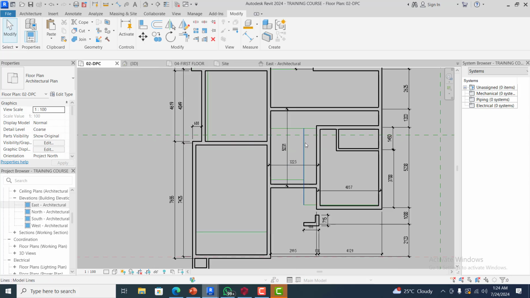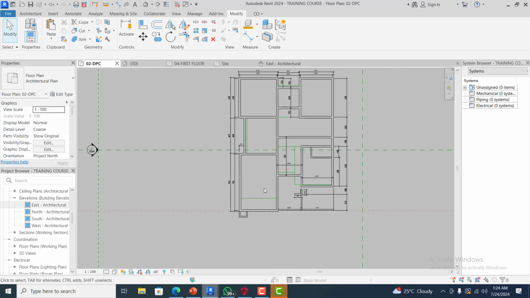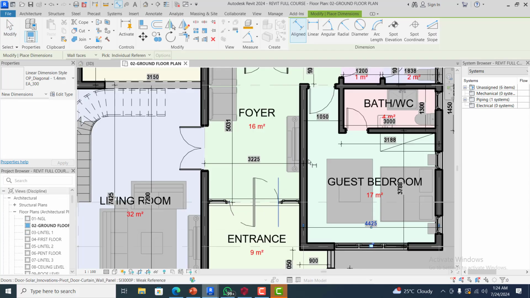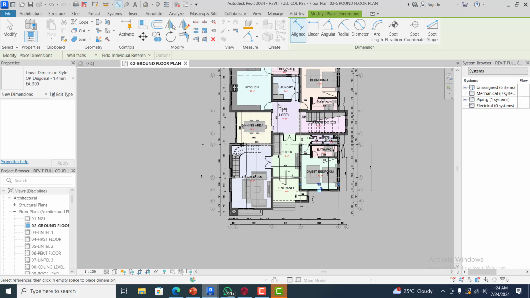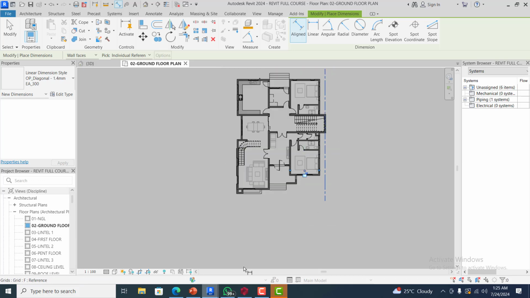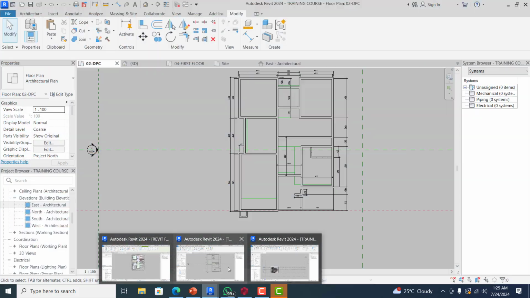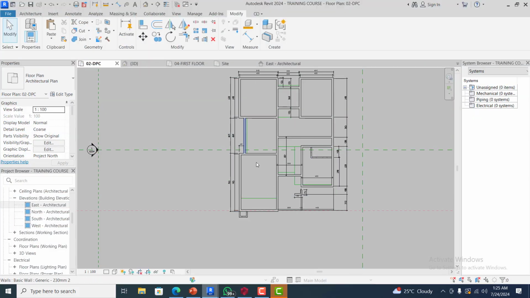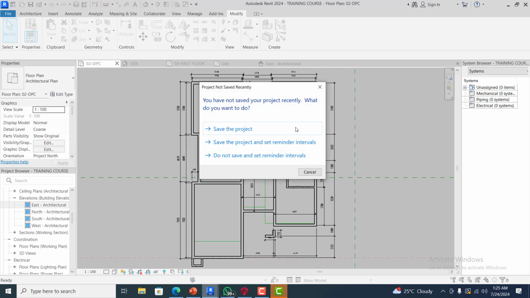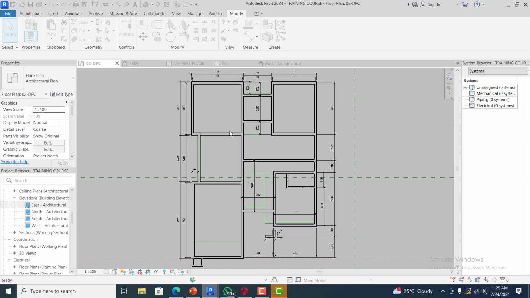We have been able to bring this out, bring all of this out. Let's be sure what we have here. I think this wall goes straight from here. This one comes straight here. So we are on the right track. We have been able to bring out our plan exactly the way it should be. What we need to start doing is to create our doors, our windows, but let's quickly